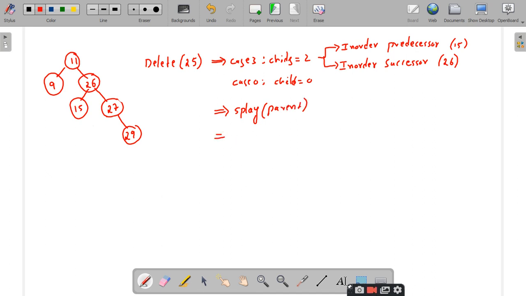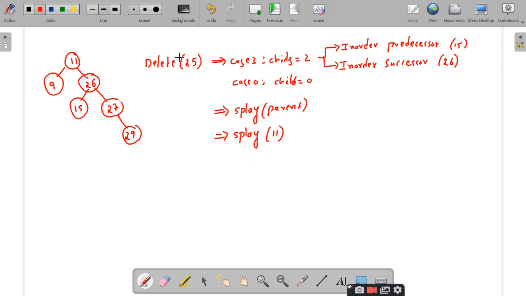So what is the parent of 25 in the earlier case? 11, sir. So you have to splay 11. But you can observe here that 11 is already the root element. So is there anything to splay here? No, sir. So you leave it like that. Is it clear up to this point?